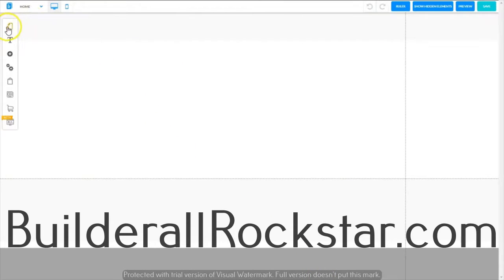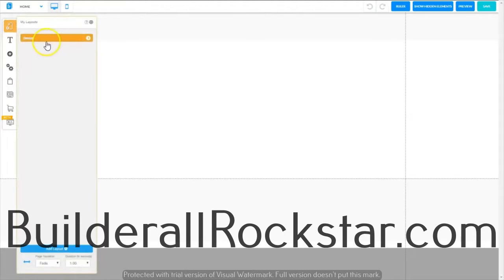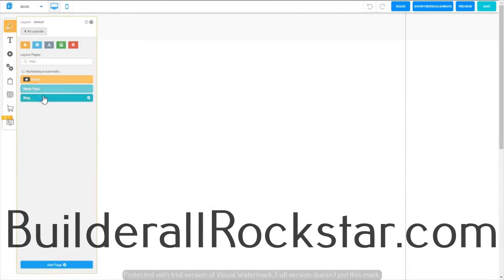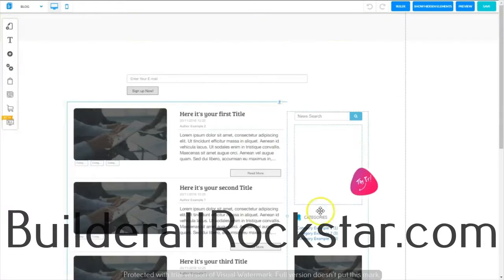Let's come over here and take a look at the layout by clicking on the page icon, coming over to the right pointing arrow, and we can see we're on the home page, and this layout only has 2 pages in it. It has the blog and the news page. So let's go down to the blog, close out of this, and let's talk a little bit about editing your